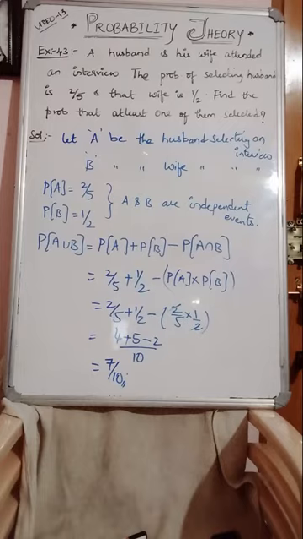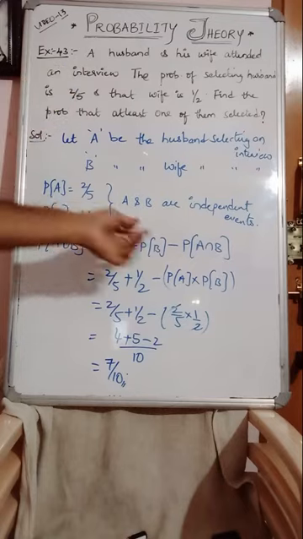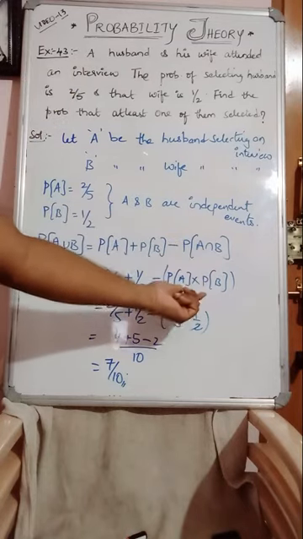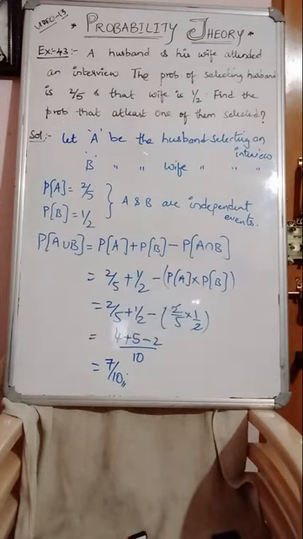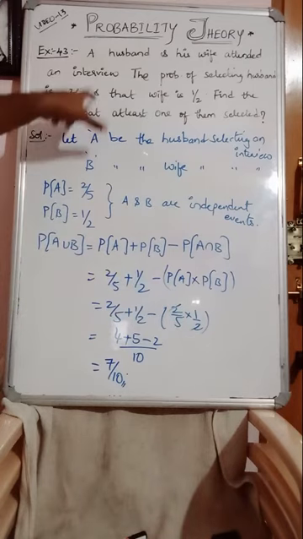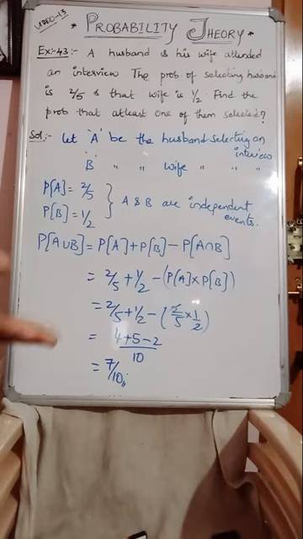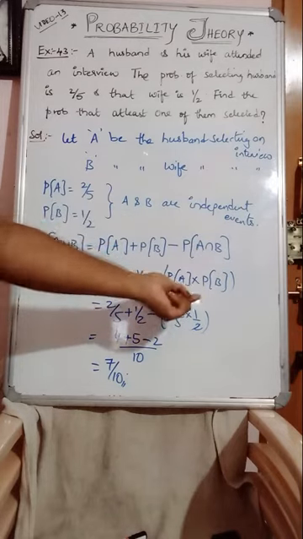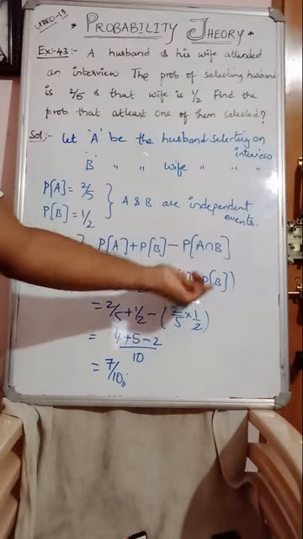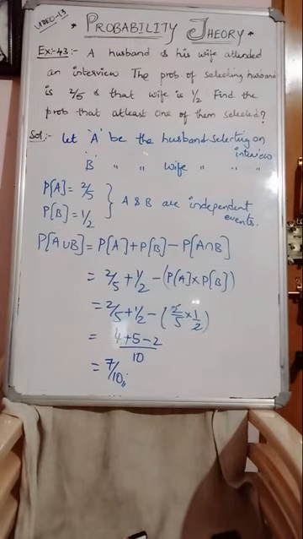This is the problem. Here A and B independently attempted an interview. Therefore, A and B are independent events. That's why we have multiplied them together. Generally, in the case of mutually or non-mutually exclusive events, we need to find the common part between the two. But where the experiment is different, like tossing a coin and then throwing a die, that experiment is different. But here, when A and B are independent, in the independent case, the product becomes A intersection B. Clear? So this is example number 43.